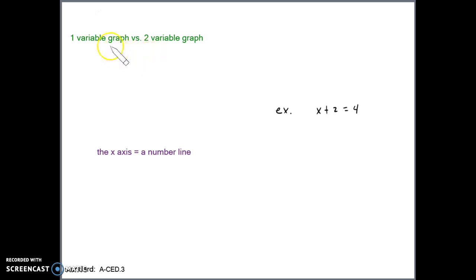So I want to talk about the difference between a one-variable graph and a two-variable graph. A one-variable graph is when you have an equation with one variable. You use a one-variable graph to represent the solutions, and a one-variable graph is a number line. So when we have equations, we use number lines. And when you have an equation that has two variables, you would use a two-variable graph, x and y, because there's two variables. It measures two quantities, whereas the number line only measures one quantity. So we've been using a two-variable graph